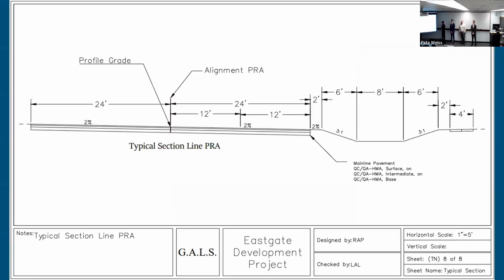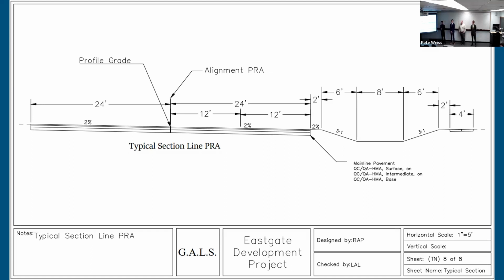This is the profile view. Each lane, as I said, is 12 foot wide, and we have two lanes going in either direction. I went with a 2% slope all the way down up until the ditch. We have one ditch all the way on the southern portion at a 3-to-1 slope with an 8-foot base. And as you can see, the sidewalk is over on the far end of the southern portion of the ditch,